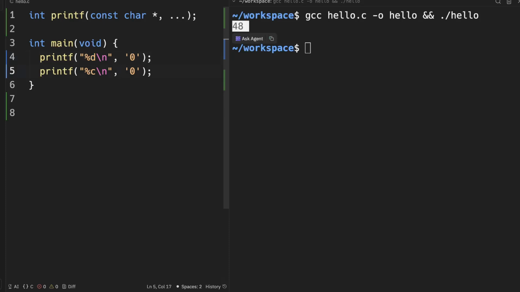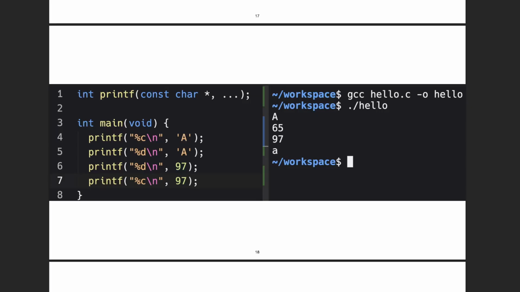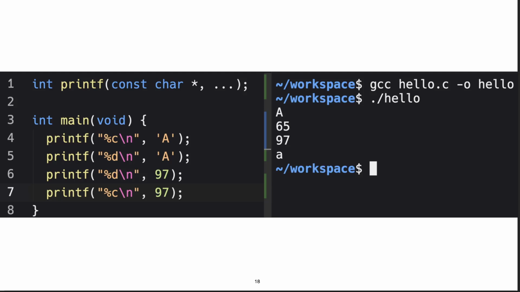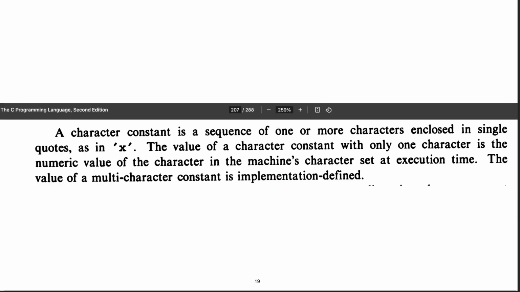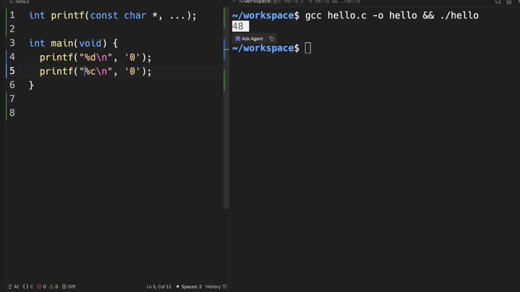And here the character is printed directly because I have mentioned the format specifier as percentage %c. So I hope that gives a clear idea regarding characters. Now, a character constant is a sequence of one or more characters that is represented within single quotes. The point is that if I write more than one character, it must give an